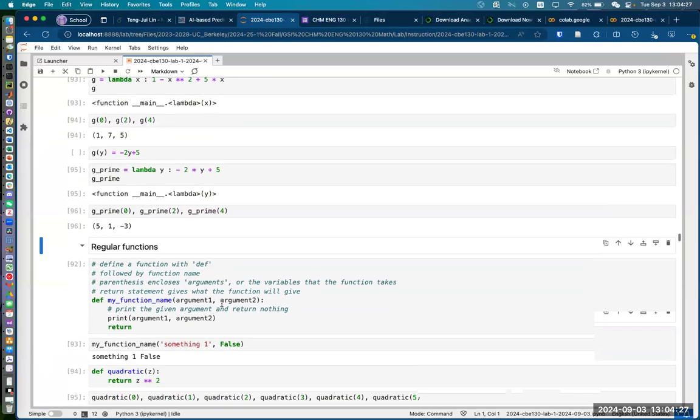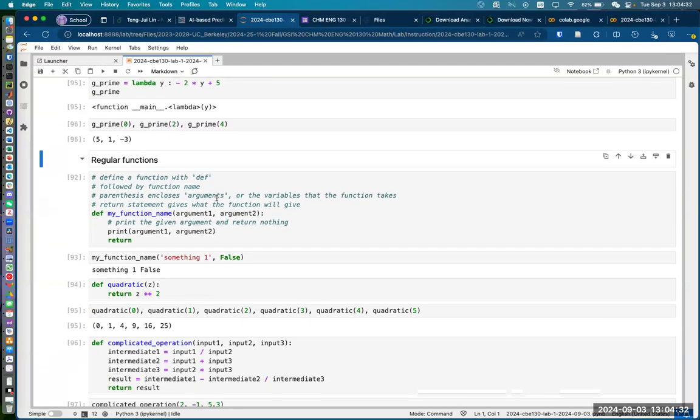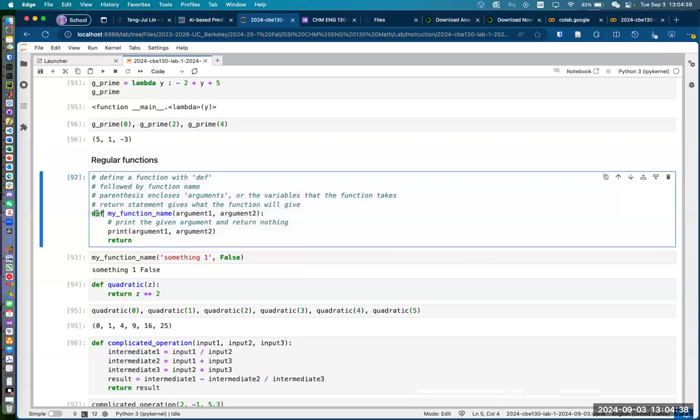If you have something that's more complicated than a mathematical formula, we will need regular functions. And the syntax is a little bit more complicated. The syntax goes with def, standing for define, and a space that follows with your function name. And within the parentheses, you can have different arguments, or in our case, it's f of x. So the x is an argument. And within that function, you can do anything you want, basically. And then the return